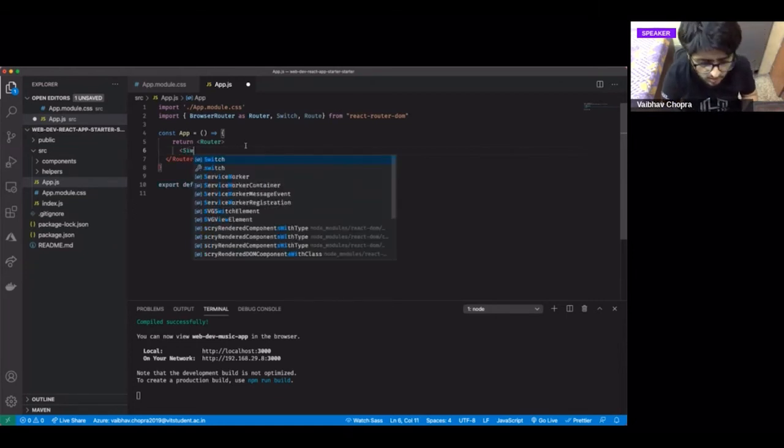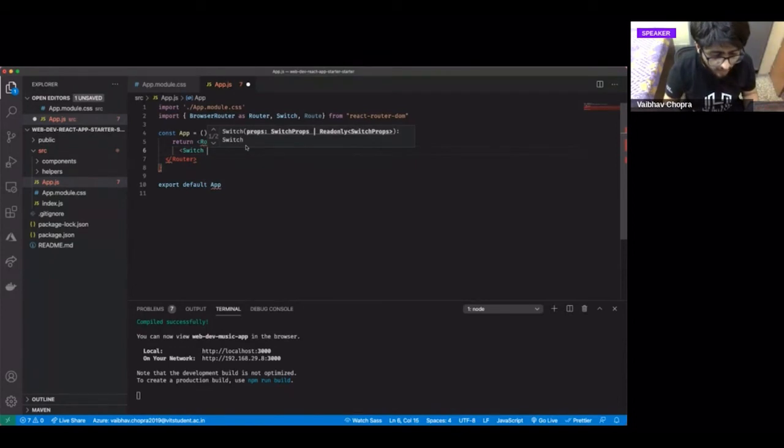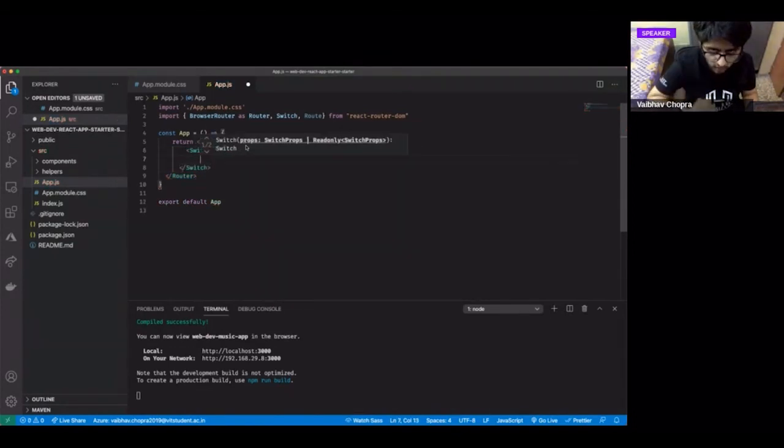This is very similar to the switch statement which you have in programming languages like C++, where you have a particular value, and depending on what value your variable matches to, it picks one of the different statements, right? This is just that for routing. Let's say my route matches /search, it will render the search component. If my route matches music player, it will map to music player. So this is the point of switch in this case.